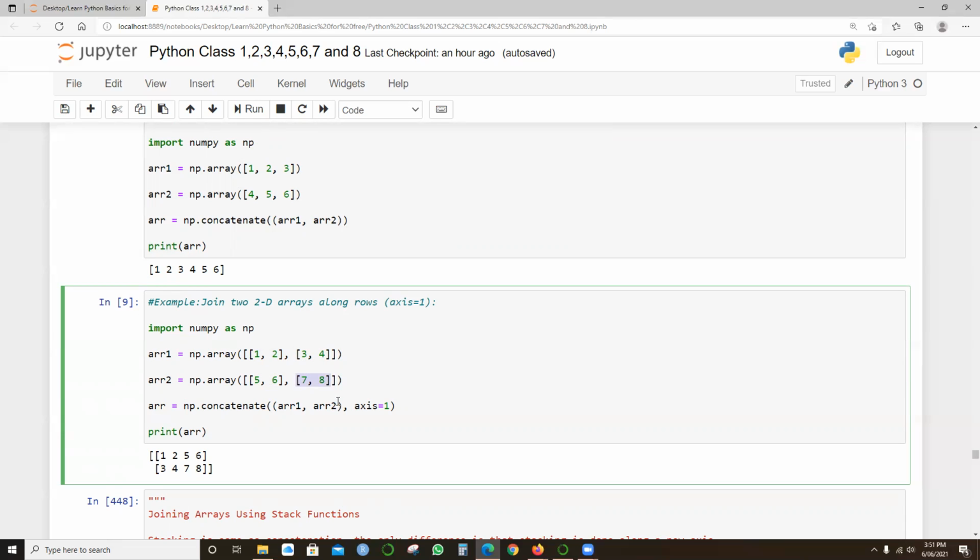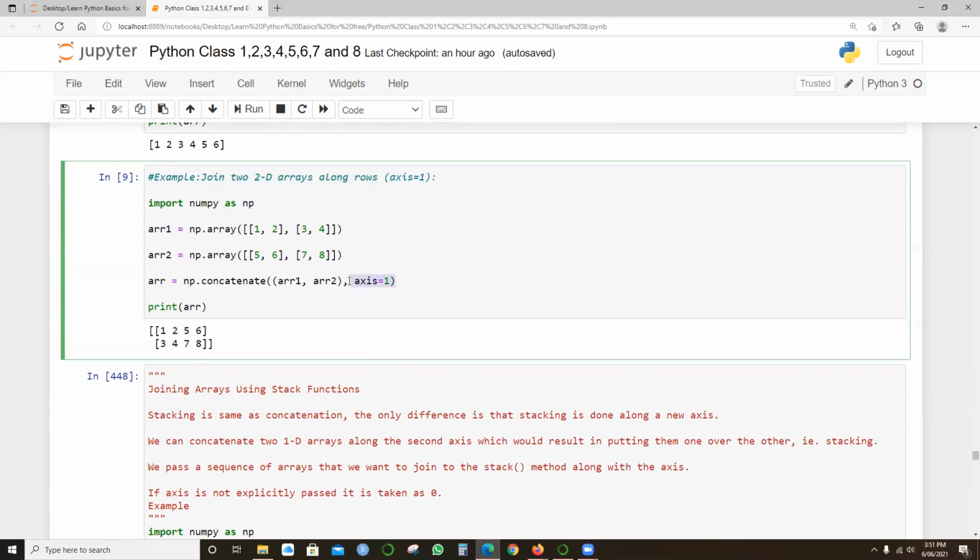That is the example here, joining two 2D arrays along the rows, with axis 1. So 1 2 5 6 is one single dimensional array, 3 4 7 8 is another single dimensional array, and overall it's creating a 2D array here.